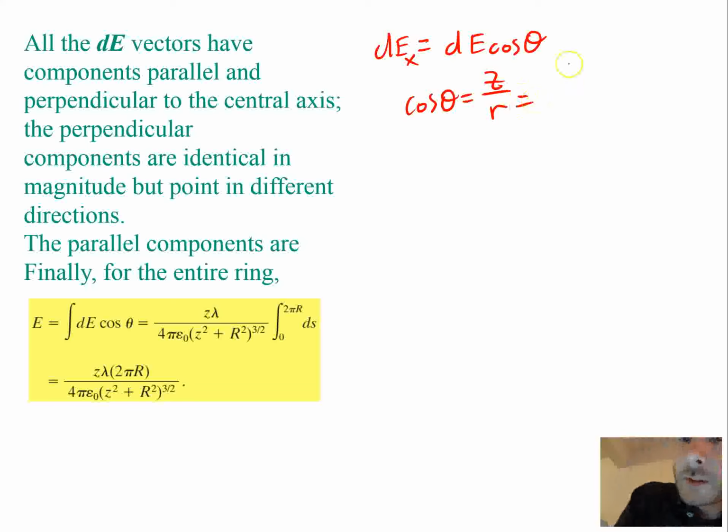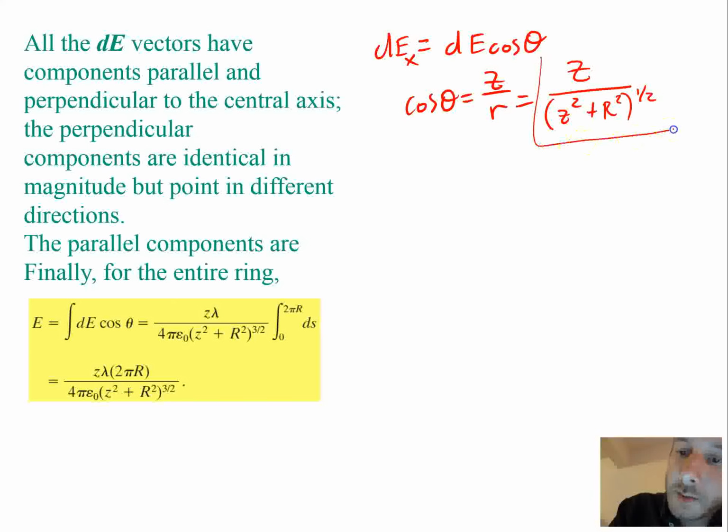And simplifying even more, because again, we don't want that r in there, let's change that to z squared plus r squared, and that's going to be to the 1/2. Okay, so now that all of our terms are together, so cosine is going to be equal to all of this, we can plug this back into our full equation for electric field. All right, so dE cosine of theta